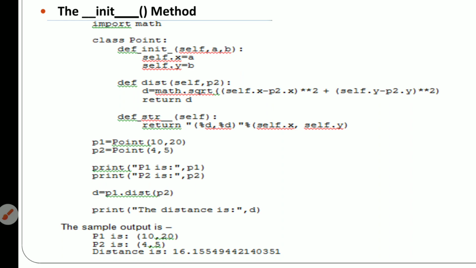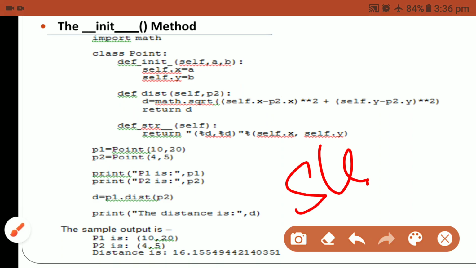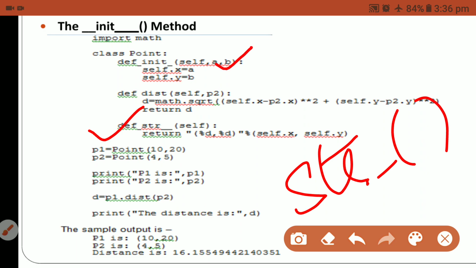The representation of the point, __str__, is used automatically in a polymorphic way for strings. Polymorphic way of string means it uses the __str__ method like that. So after using it, it is invoked automatically when we print. With the help of the defined __str__, self automatically references the x as well as the y.